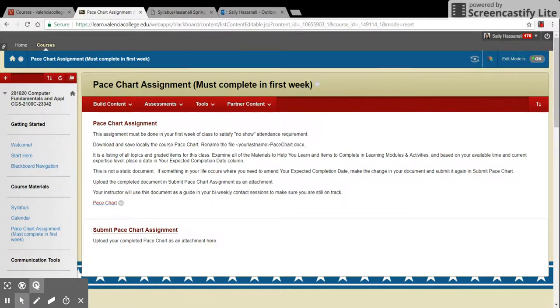Now it says your expected completion date. What that means is that you can put the due date or you can put a date before that, but you can't put a date after that. Right? Right, let's move back to,